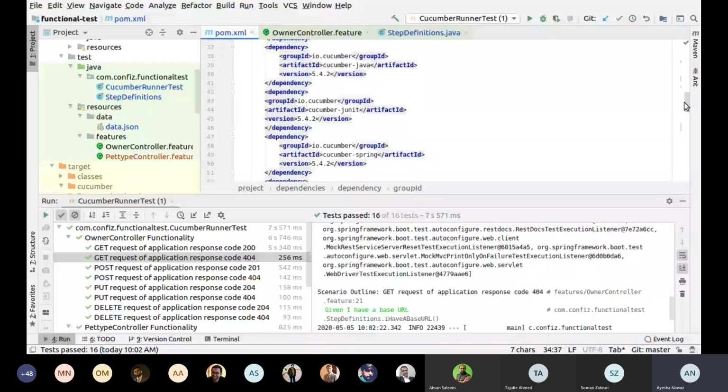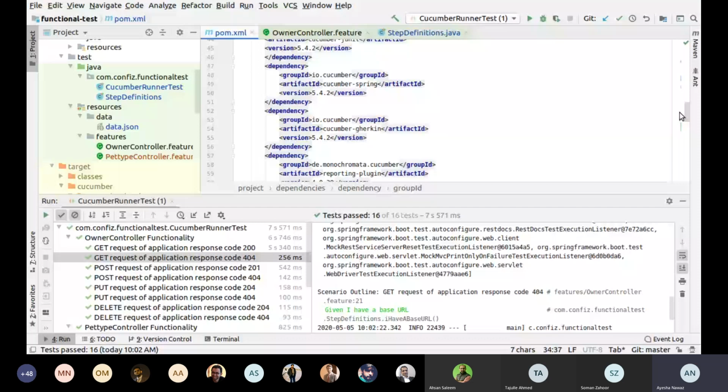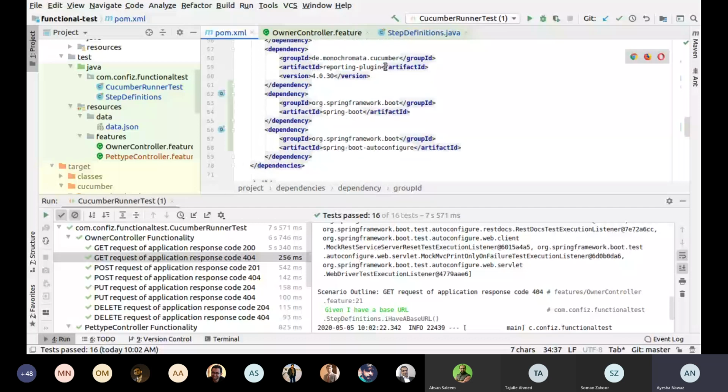And we have this really neat reporting plugin. What this plugin allows us to do is show the report of all the test cases that we have added. It's a really nice report that is great for sharing in any project. You can just run the test and show the report with the results. So I'm going to move towards